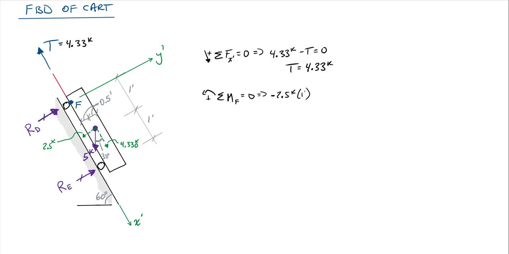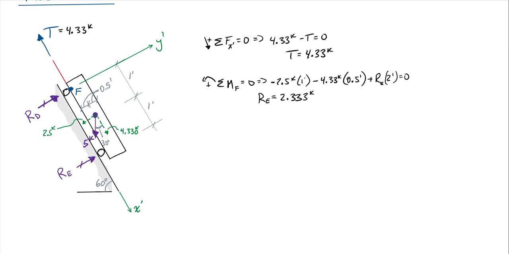We've got the x prime component of the force as well, 4.33 kips, and that's going to be times 0.5 feet there, 6 inches or 0.5 feet. And that's also going to be minus, right? Because it's also causing a clockwise rotation. And then I'm going to have plus R sub E, and that's times 2 feet equals 0. So R sub E is going to equal 2.333 kips if we keep our 4 significant figures. So I can put that on here. That's equal to